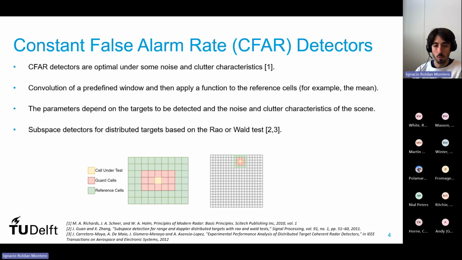And I would like to mention also another kind of CFAR detectors, which are subspace detectors for distributed targets, used, for example, in maritime applications, which are also CFAR, right? They maintain this constant false alarm rate, but you also have at least some kind of window. So you have to know a priori the expected size of the targets you want to detect. This is what I haven't found in the literature that most people do on automotive radar data,